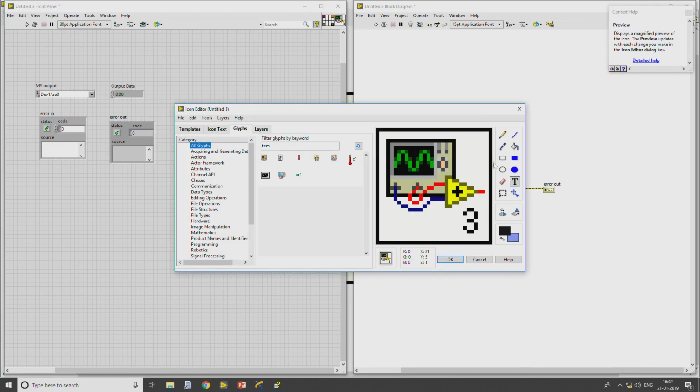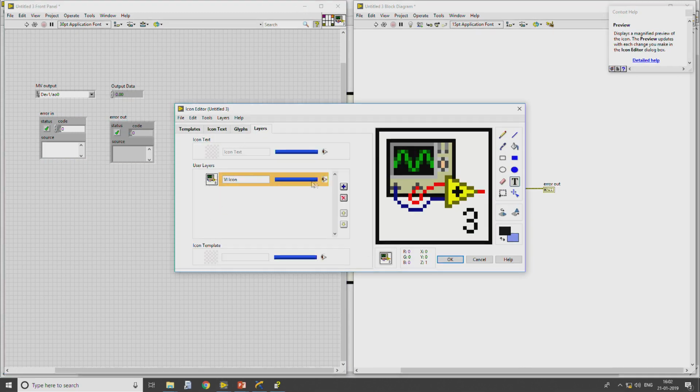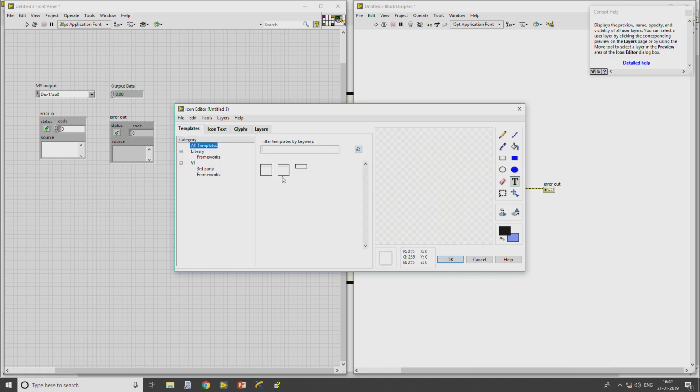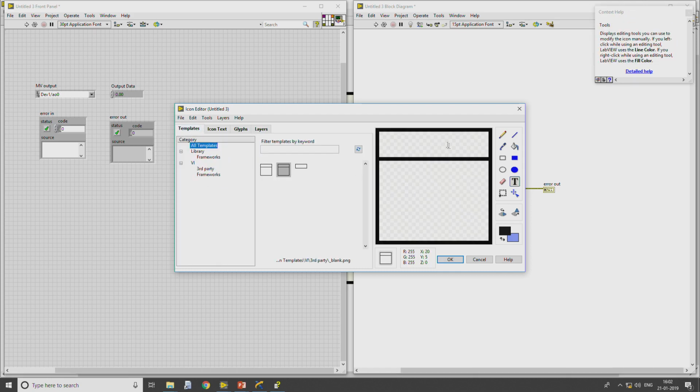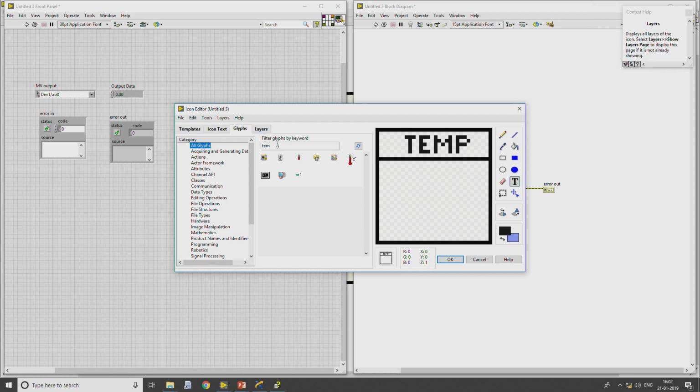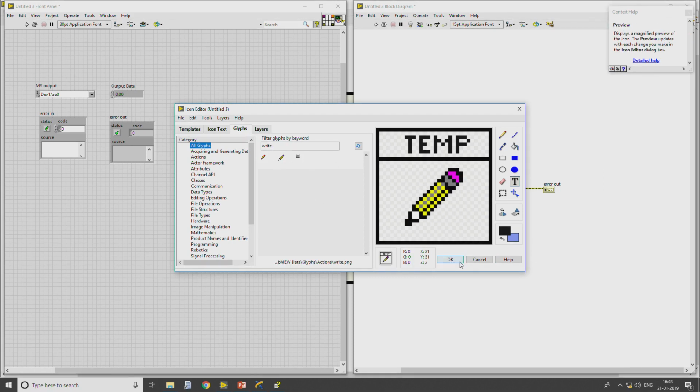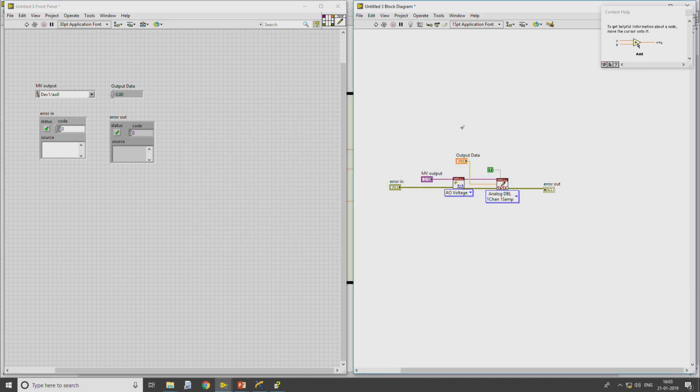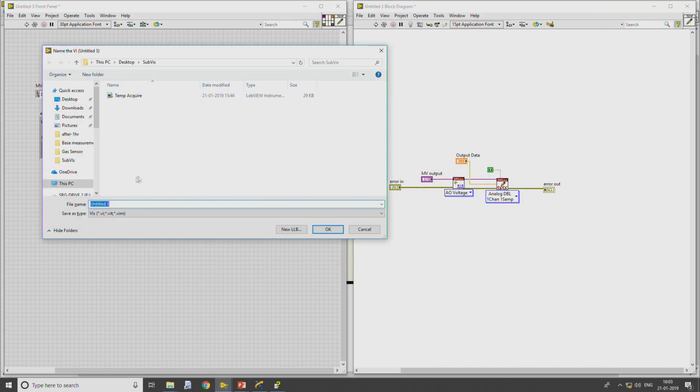And let me go to layers, delete it, create a template, since it is a sub VI, and this is for the manipulated variable, which is the indication of writing data. I have generated it. So, this is manipulated variable generate.